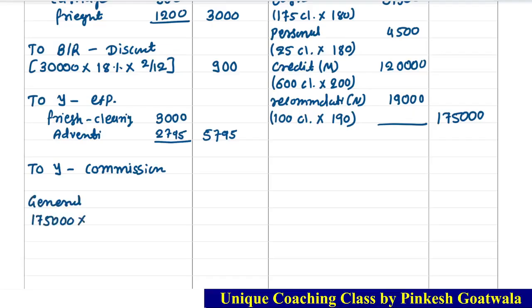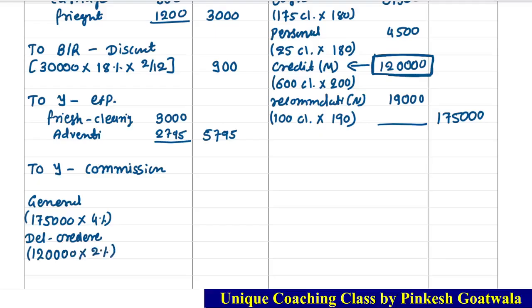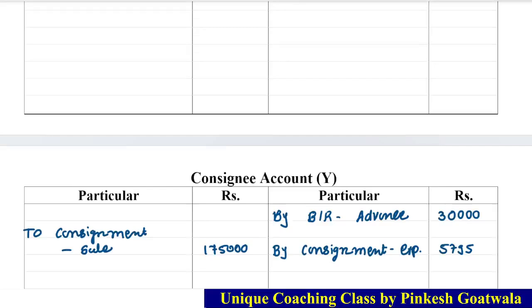Remember I told in a previous video also, and today. The Del Credere commission is always on credit sale. How much credit sale here? This is 120,000. It is our credit sale. So Del Credere is always calculated on credit sale. Remember this point. So 1,75,000 at 4% will be 7,000 and 2,400, so 9,400. And the second effect in Y account